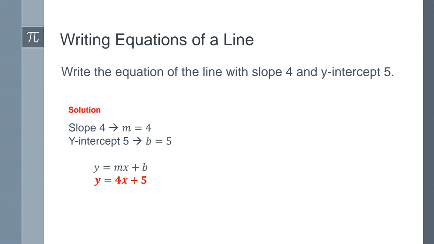Okay. Again, guys, writing the equation of a line with a slope 4 and the y-intercept 5. So we're trying to write the equation in slope-intercept form, right? So we need to find my m and I need to find my b. My m is my slope, which is 4, and my b is the y-intercept, which is 5. So all we do is plug them in. I'm going to plug in the 4 for the m and the 5 for the b. So here's my equation. It's going to be y equals 4x plus 5.